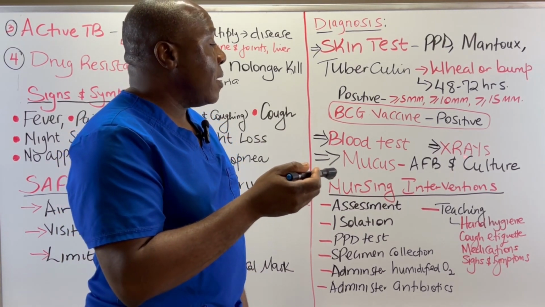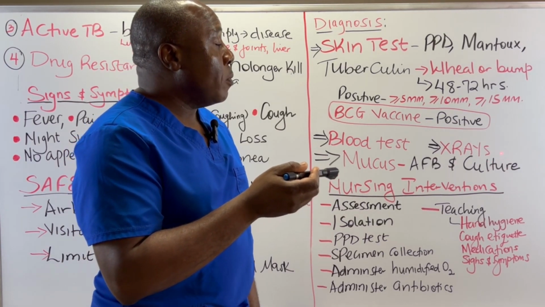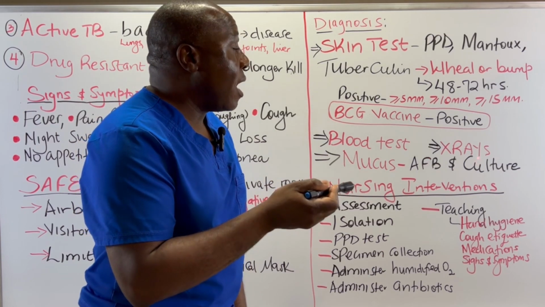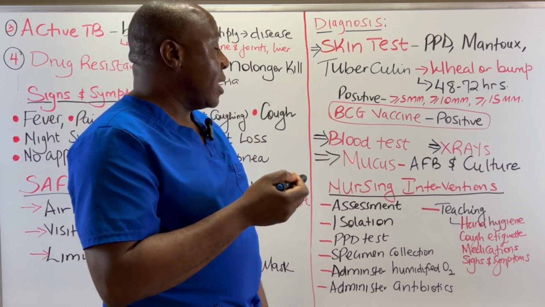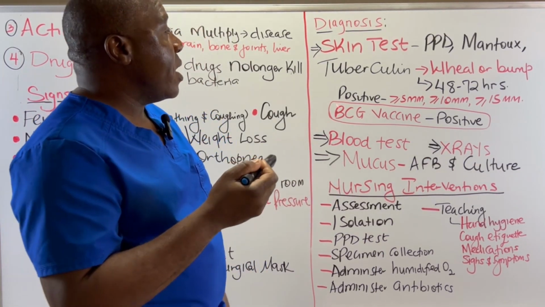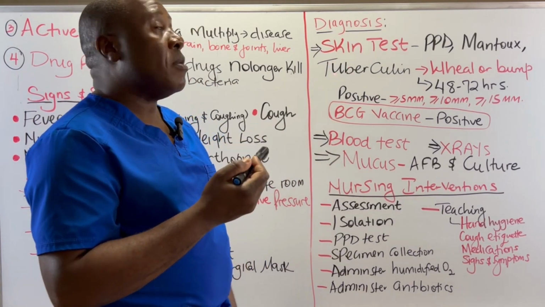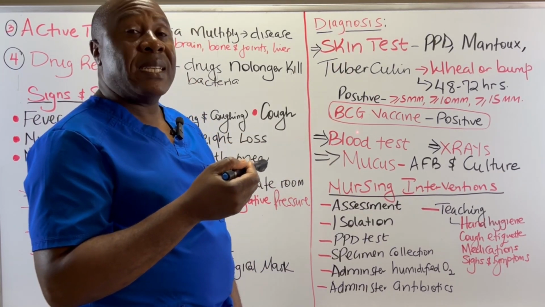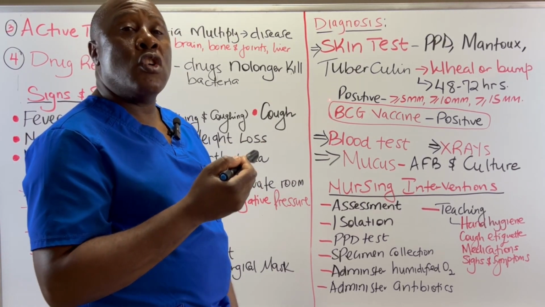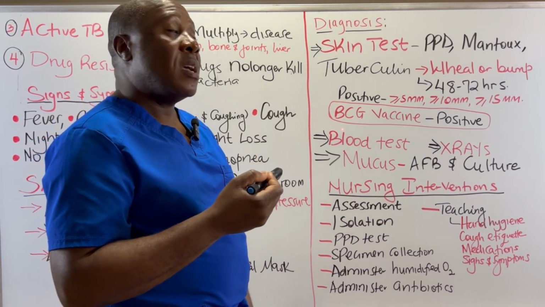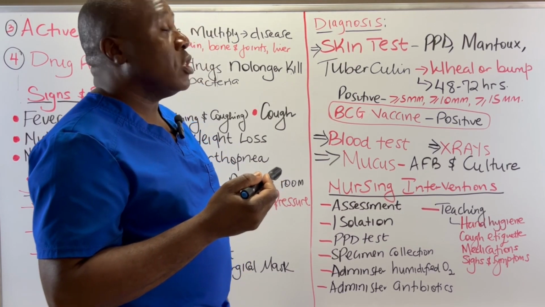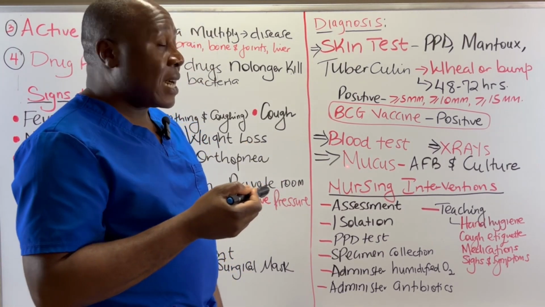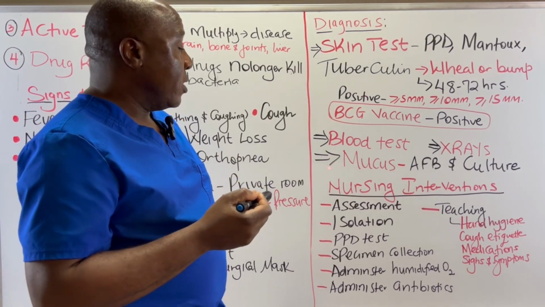So if we have the Mycobacterium tuberculosis bacteria growing in that culture, then these people have got a positive, they have got active TB. So those are the ways in which we can diagnose TB. But always remember, a positive skin test and a positive blood test are not diagnoses for TB. They only mean that your body was exposed to TB bacteria. But then we must do more tests like X-rays and cultures to be able to confirm that you have got